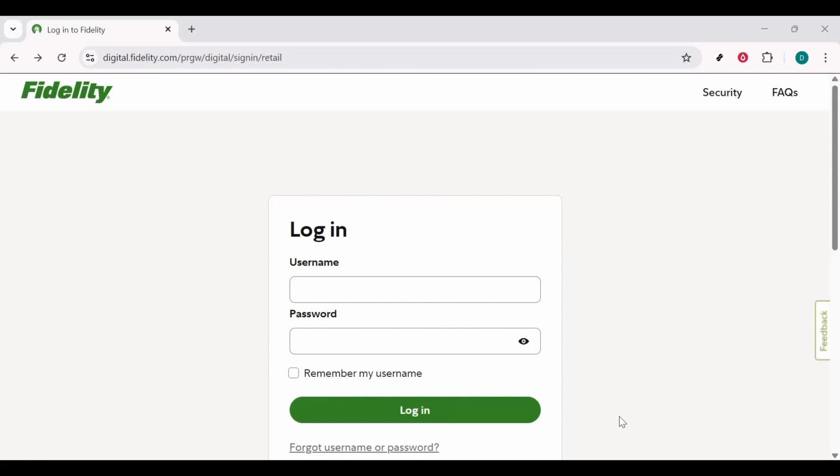In today's video, I'm going to teach you how to reset your Fidelity password. By the end, you'll know exactly what to tap, what to enter, and how to create a strong, secure password without any confusion. Start by opening the Fidelity app or going to the official website and heading to the login